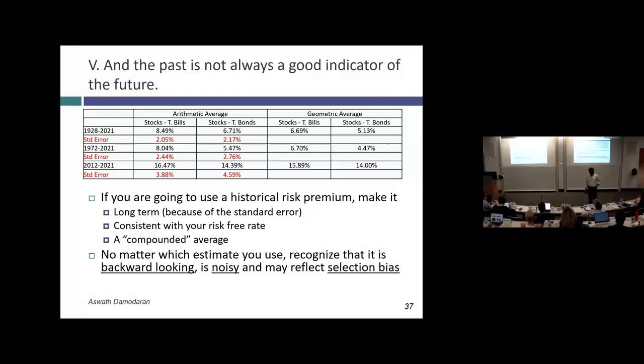Here's what it looks like. I update this at the start of every year on my website, so it's free data. If you go back all the way to 1928 through 2021, and you look at what stocks have earned over and above T-bills and T-bonds, I have 12 different numbers. The black numbers are all historical equity risk premiums. 12 different numbers, ranging from a low, I think the lowest number I have is 4.47%,